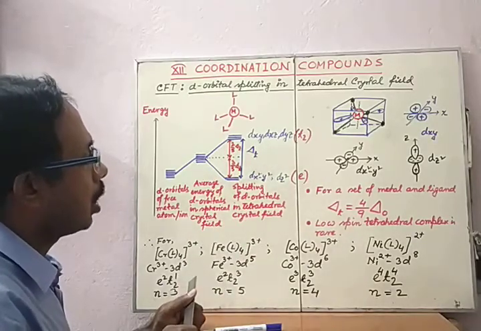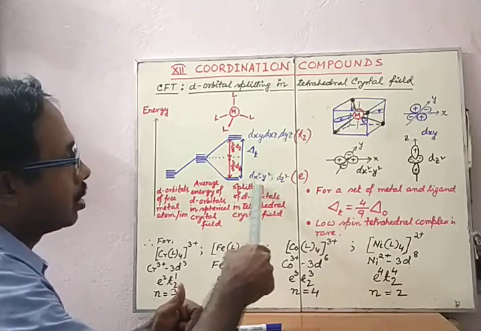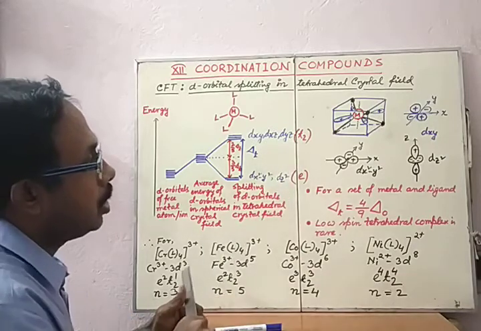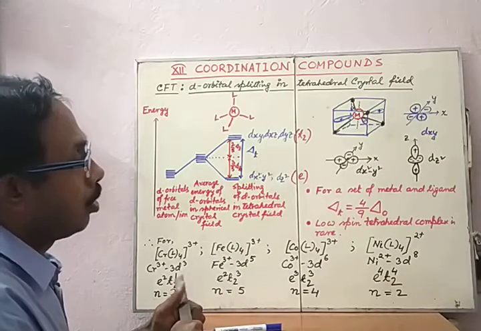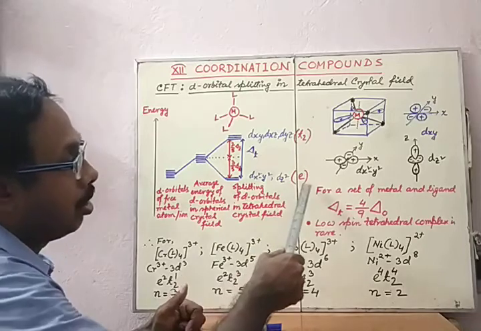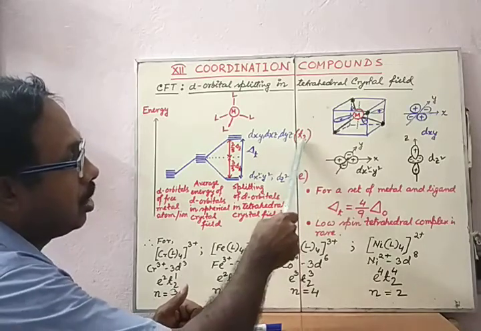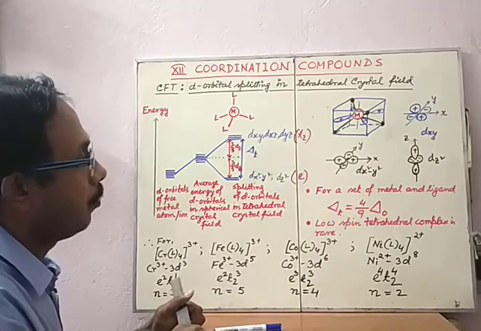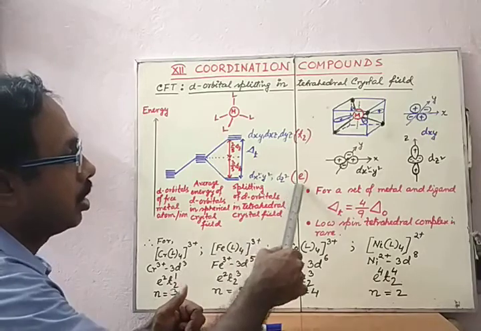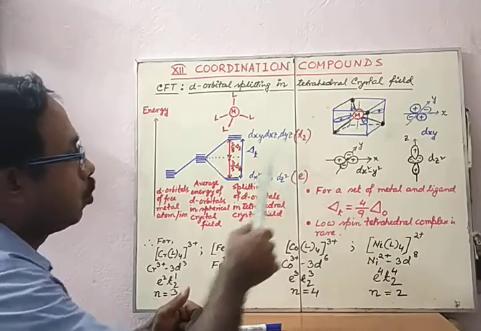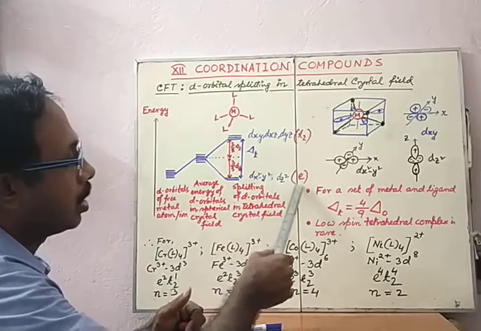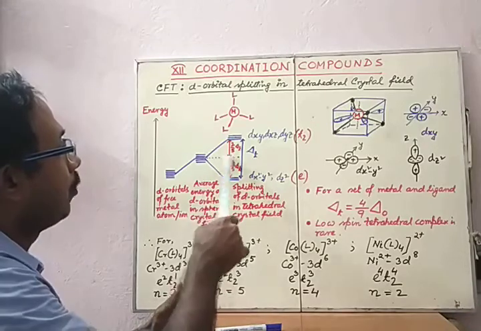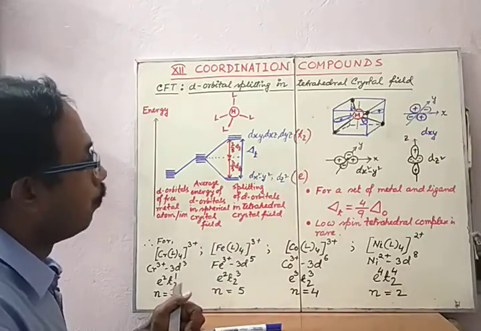Now in spectrochemical terminology, these 2 orbitals are termed as E, and these 3 are termed as T2. In comparison to the octahedral field, where it was stated as Eg and T2g, g for gerade symmetry, which is absent in case of tetrahedral field. Therefore the g term is missing here. It is only stated as E and T2. So the lower energy 2 orbitals are stated as E, and the other 3 orbitals, whose energy is lifted from the average energy, are termed as T2.